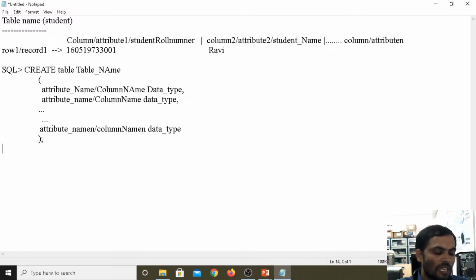Now if you want to create the table, see here I am writing a live example. Create table. Table name I am taking as the student table. Then the attribute name, I am giving student hall ticket or roll number. For a meaningful purpose we can give any attribute name, it is not a rule.